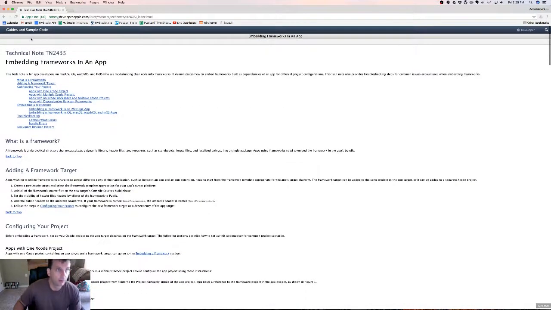So there is an Embedding Frameworks in an App technical note, which is good to read if you're going to be doing anything more complicated. And there's also an issue that I've seen, and I haven't been able to test this yet, but if you are using a framework and you build it for the simulator, and that creates one binary, and you create it on an actual device, that creates a different binary, and then you try to upload it to the App Store, you can potentially get rejected because it uses unnecessary